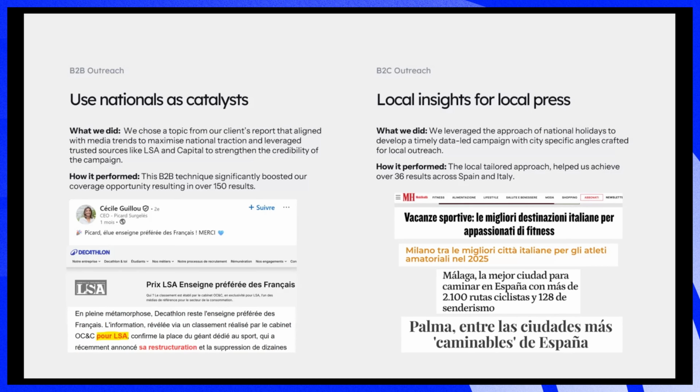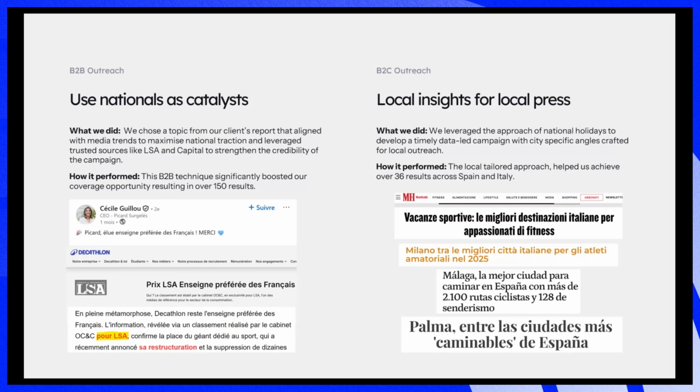If you see a study in The Guardian or El País or a big media outlet in another country in Europe, you're more likely to trust it. That's exactly how it worked, to the point where we had the actual brands in the ranking making LinkedIn posts about being elected the best company. We've had Decathlon do a whole page about it as well. And in the articles, people are mentioning our client, this ranking for this big publication, essentially.